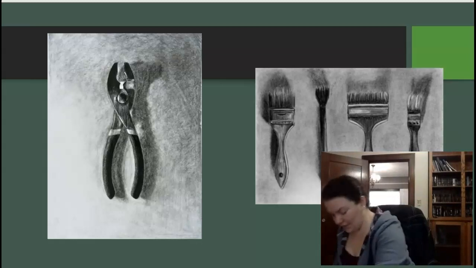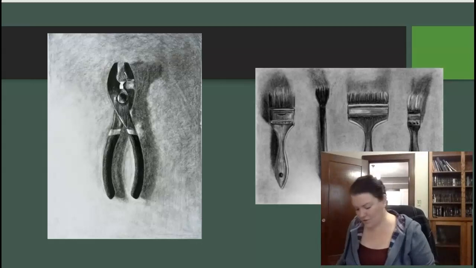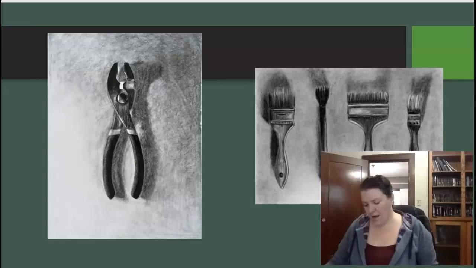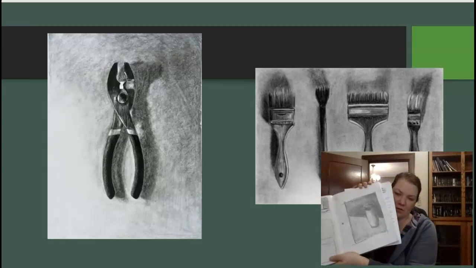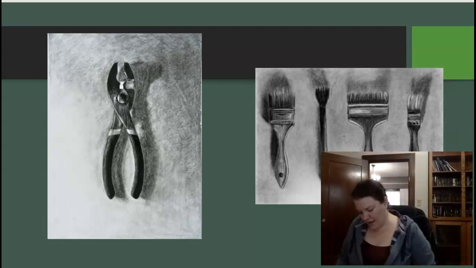So the thing that I'm missing right now, of course, is the cast shadow. My light is coming from a whole bunch of directions in this room, but based on the shadow that I created, I'm going to put my light source where the circle is outside. And so based on that,